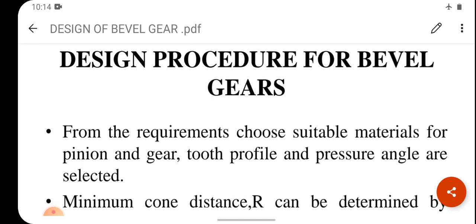From the requirements, choose suitable materials for pinion and gear. Tooth profile and pressure angle are selected. It means that as per requirement, suitable materials for pinion and gear are selected. Which type of tooth profile, involute gear or stub tooth, depends on the applications. The tooth profile and pressure angle, 20 degree, 14.5 degree, or 25 degree pressure angle, are selected as